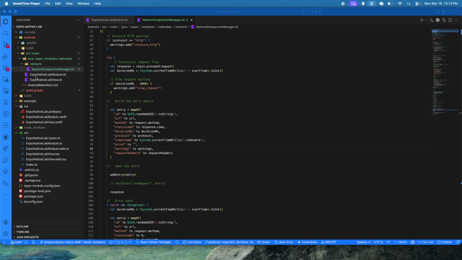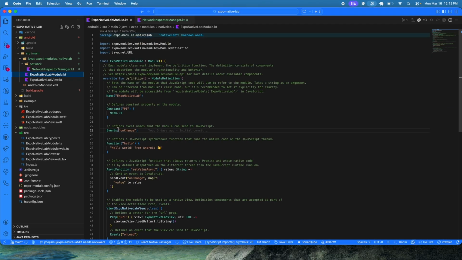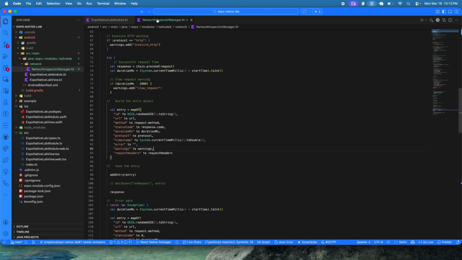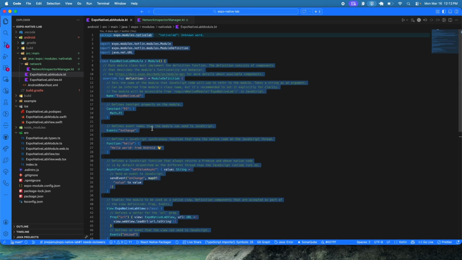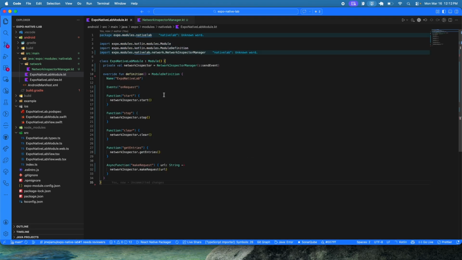So now we have to go to the React Native Lab module, right? And here we are going to define a few functions that will call the network inspector manager, right? So that way React Native can access the logic that we defined in this file, right? So to make it easier and faster, I'm just going to copy this and I will explain what we are doing here, right? So the first thing over here, we are importing this network inspector manager over here, and then